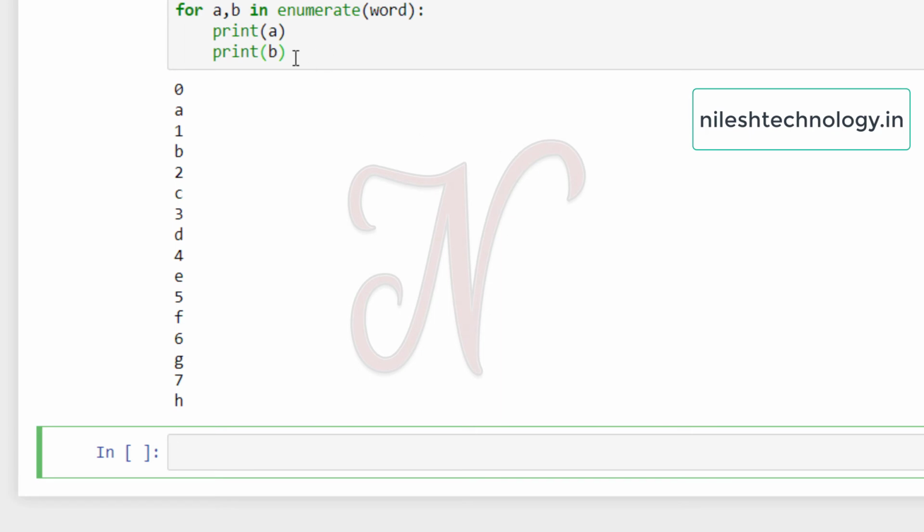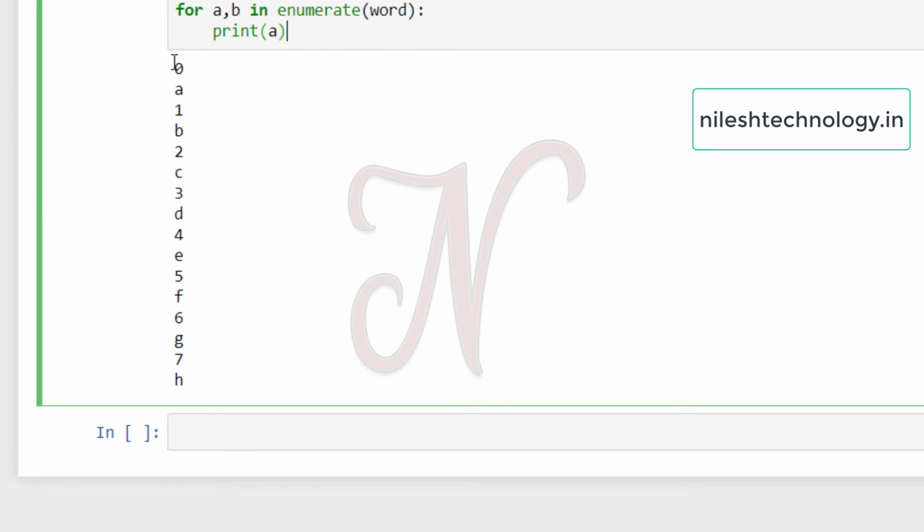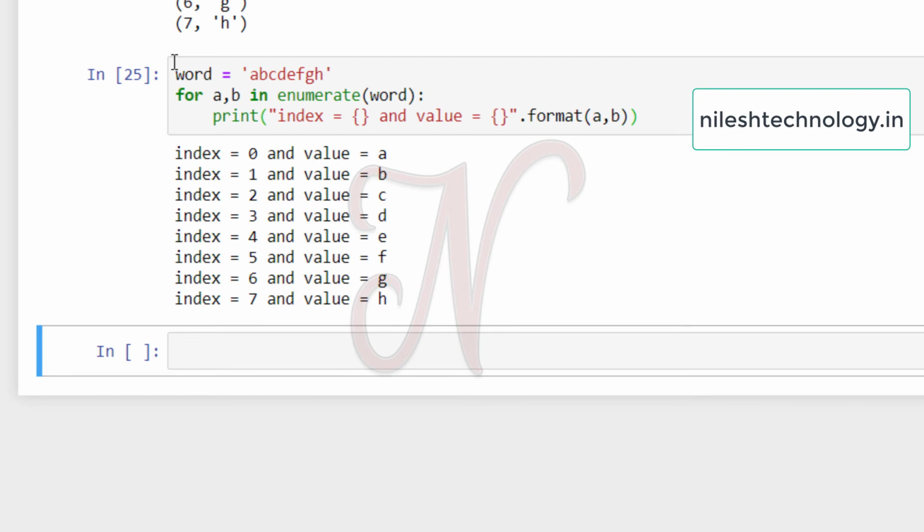Okay, so you can also print this variable by using another way. See here, index equal to and value equal to. Okay, so dot format A comma B. Okay, see here index equal to 0, 1, 2, 3, 4 up to 7 and value A, B, C, D up to H. Okay, so by using this enumerate function, you don't need to write the extra code to manage the index counter.